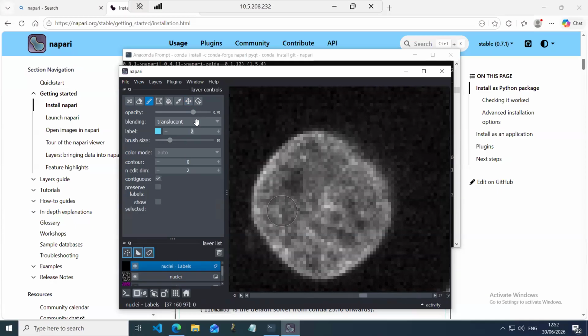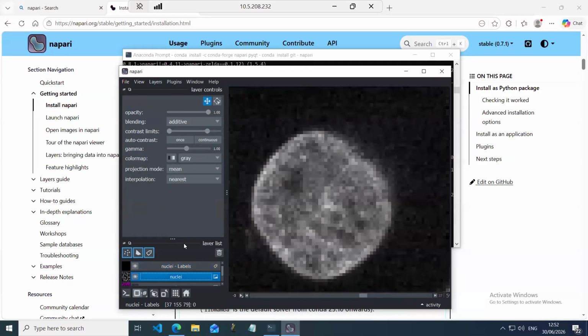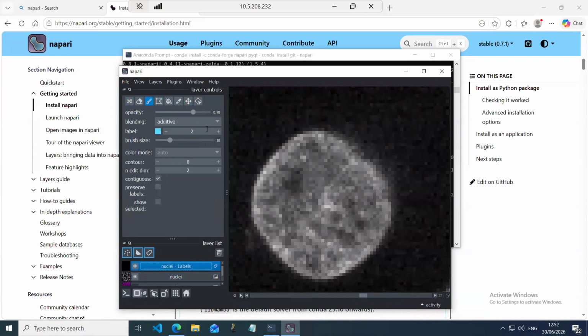So this would be a way for me to draw inside the data set and see the color. At the moment,